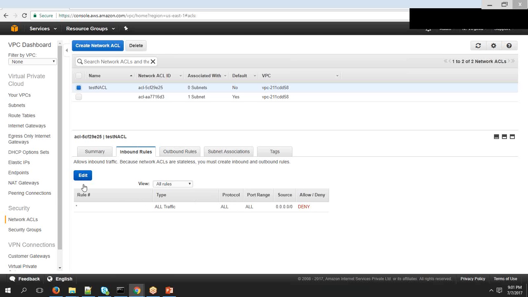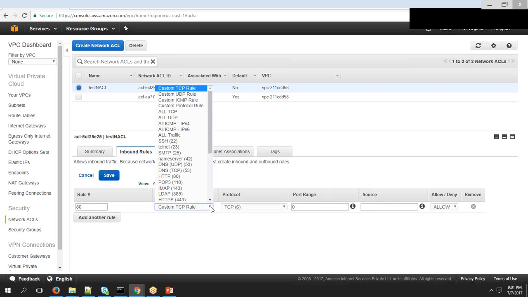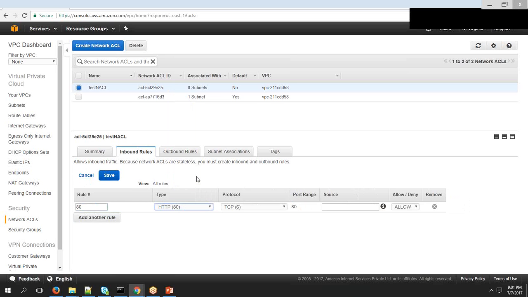Suppose you want to add a new rule, you can click on this and add another rule, and you can give some number for this. Let's say I give a number called 80, and what kind of rule you want to apply based on what kind of protocol. Let's say I want to apply it for HTTP, which means on this particular machine, wherever a machine that you're going to use, if you're applying this rule based on this test NACL that we have created, then it will allow only those kinds of traffic to connect to the machine and outside the machine. So is there any change in the protocol, or the port number? By default it is 80,